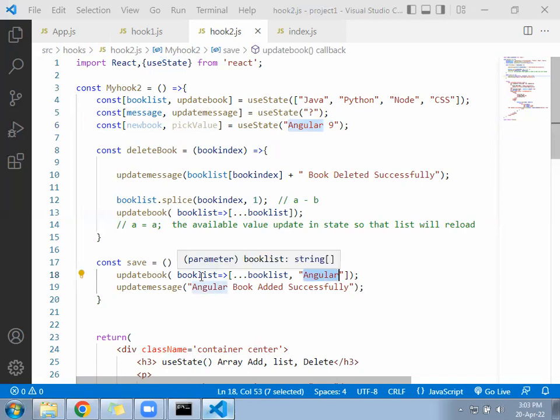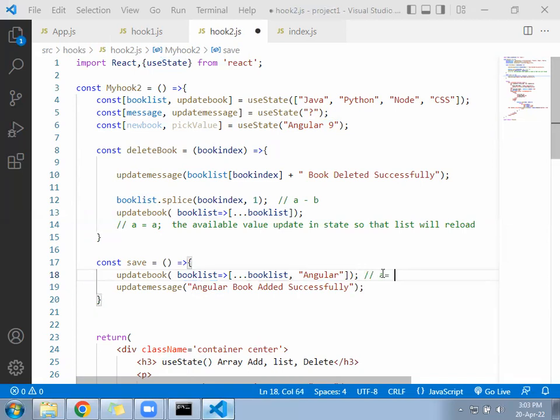This line is like a equal to a plus b. Now here a is nothing but your array name, and inside the array name, using the spread operator, book list is your array name. Inside the book list, using these three dots, this three dot is called the spread operator. Using the spread operator, you are adding the third value. So this is the original value, and original value